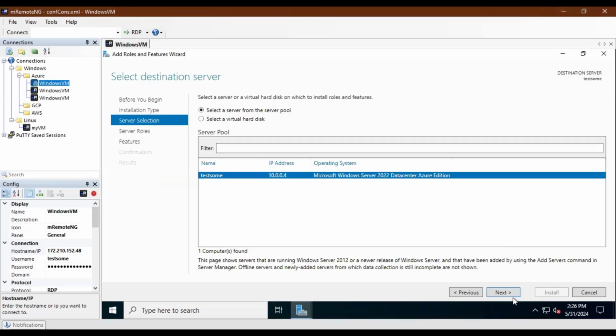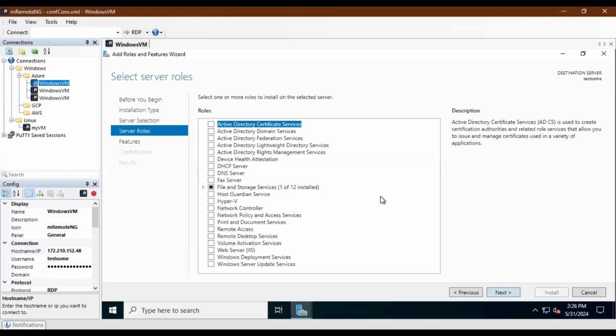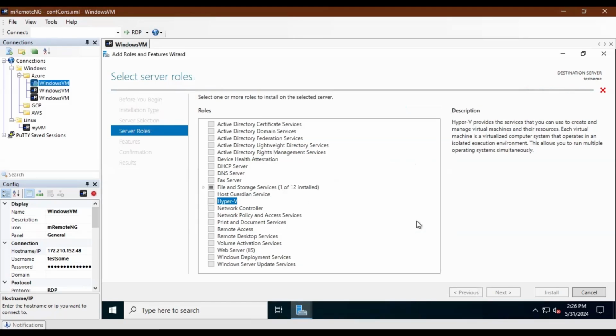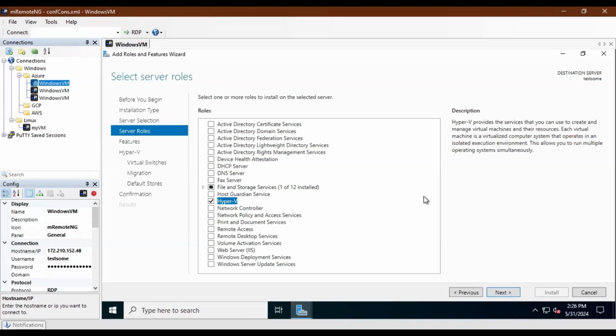And then the server is fine. And now over here, you need to specify Hyper-V and add it to your virtual machine. So we are going to enable this Hyper-V virtualization in our system within this virtual machine itself. So let's click next